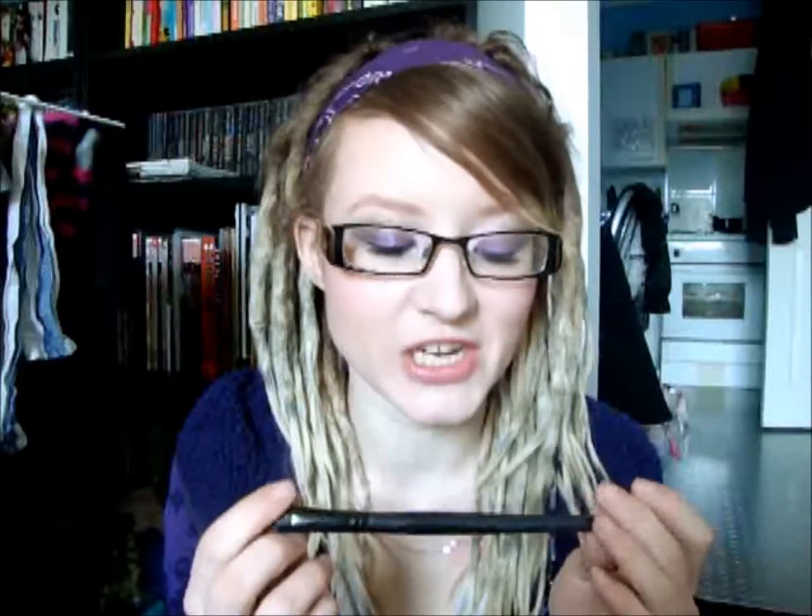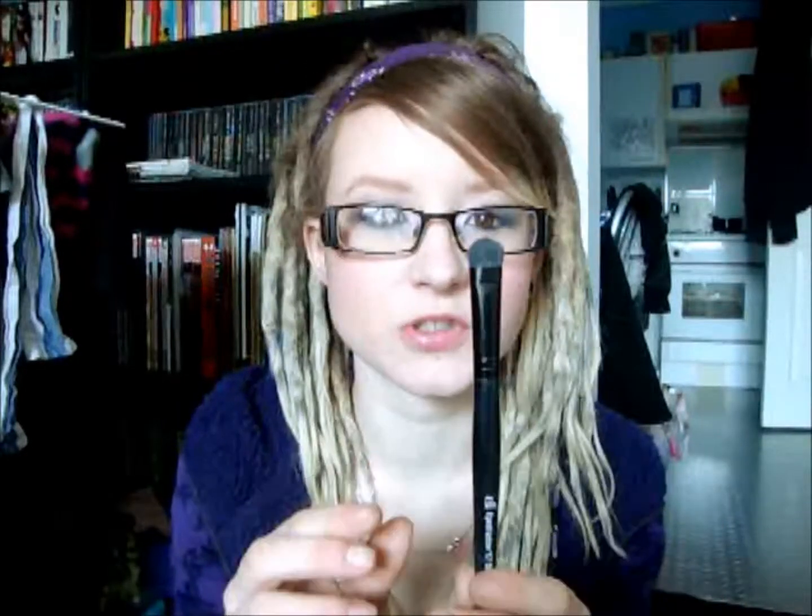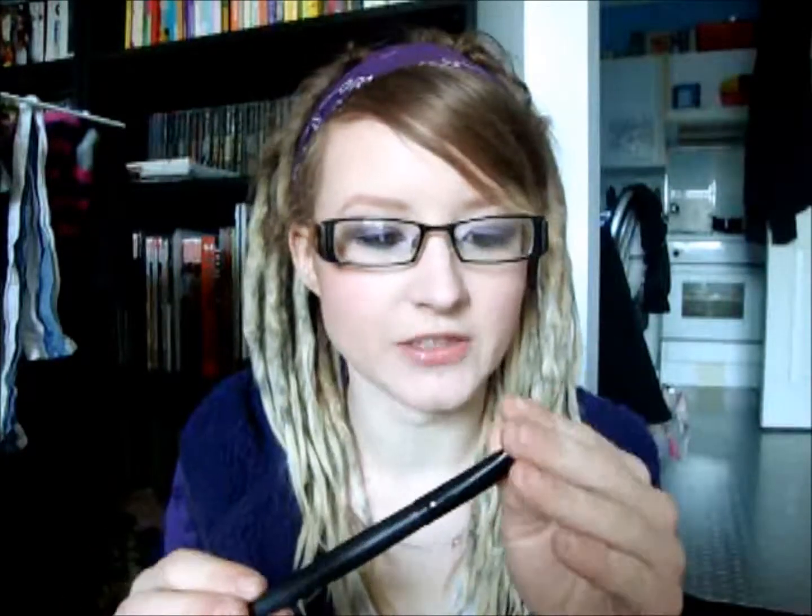Studio line again. The black ones are all Studio line and cost £3.50 each. I've got an eyeshadow C brush from the Studio line. I wouldn't say it's anything special, but it's kept its shape. I mean, I've had this for maybe 2 years now, and it's firm enough to get good coverage, and yeah,